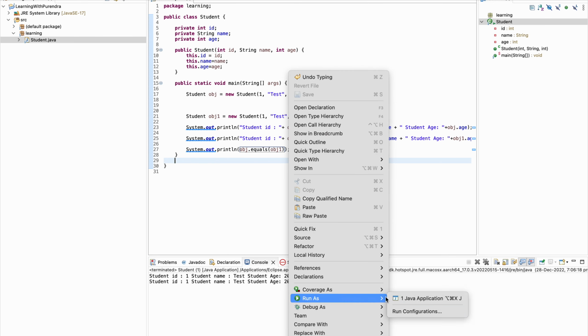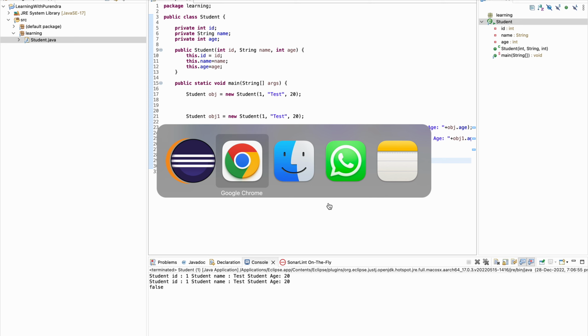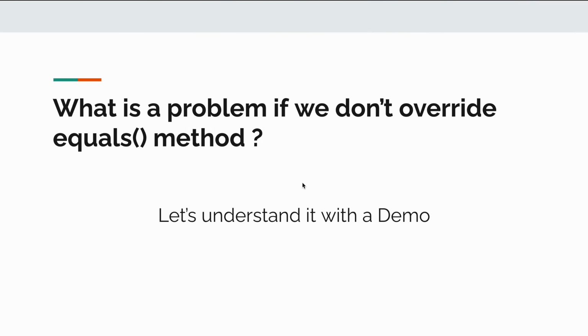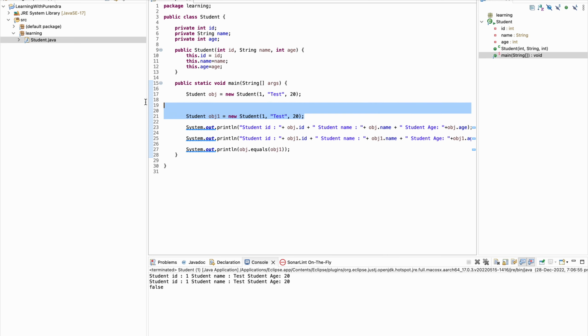I'm running the program and I can see the output is false. So if you go back to the problem, if we don't override the equals method, then the output comes as false even when the values are the same for these Student objects.